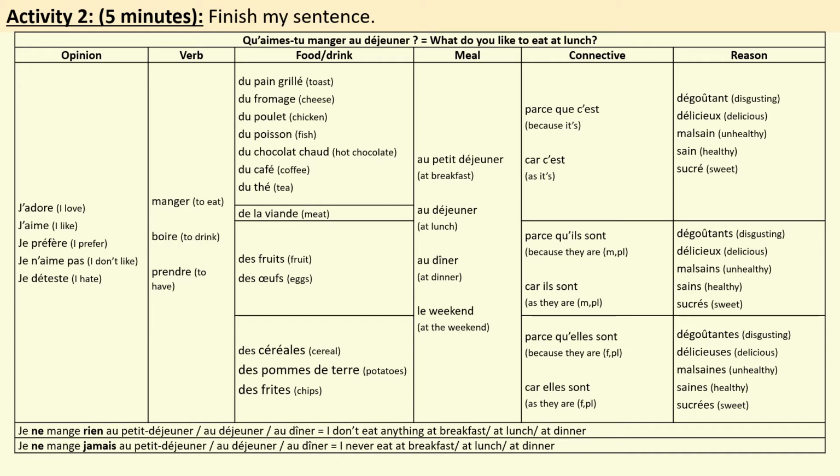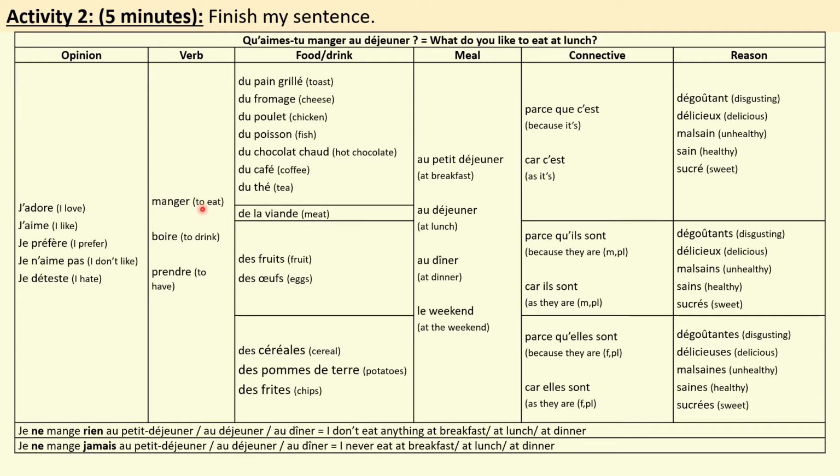For this activity, I want you to finish my sentence. So I want you to finish my sentence with the final box. Okay, so I'm going to read all the way across the grid, and then depending on where we are, you're going to select what makes sense to you, a reason. Okay, you're going to choose the adjective yourself. Make sure it makes sense, and make sure you pronounce especially the feminine ones where they have es and they sound a little bit different to the masculine singular and masculine plural, which sound the same. Okay, let's have a go. So you just use the correct reason that fits in your mind. Okay, here we go.